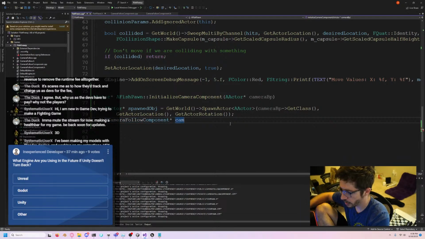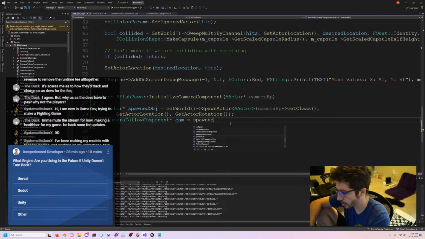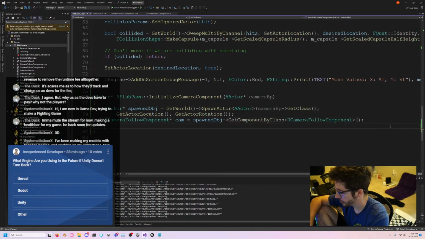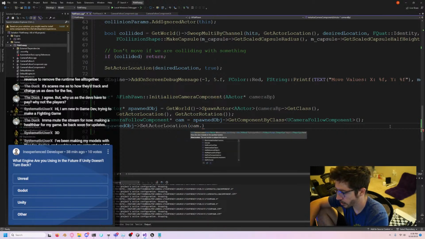Call it cam is equal to spawned obj get component by class U camera follow component. Okay. So now we have our cam. We're going to do spawned obj set actor location to cam dot